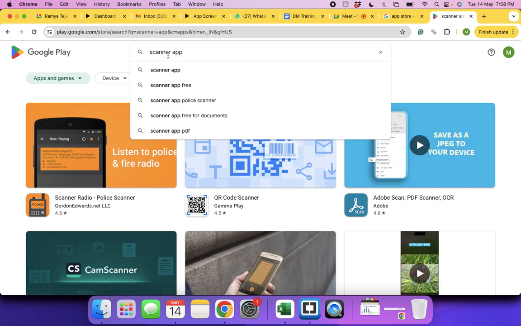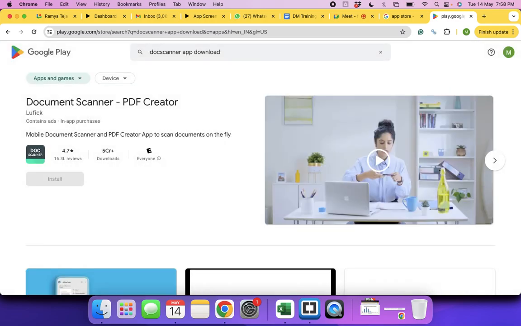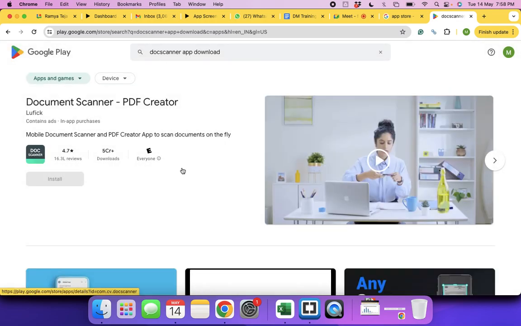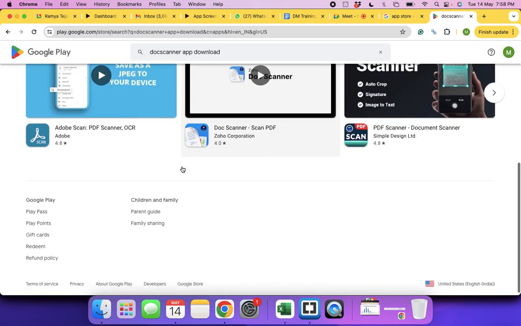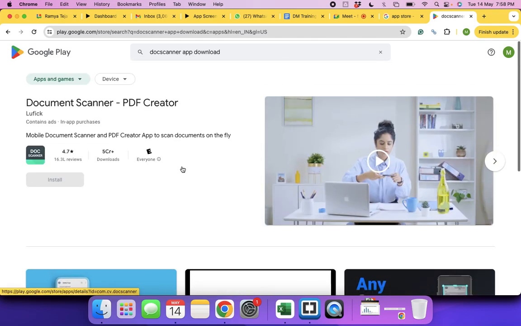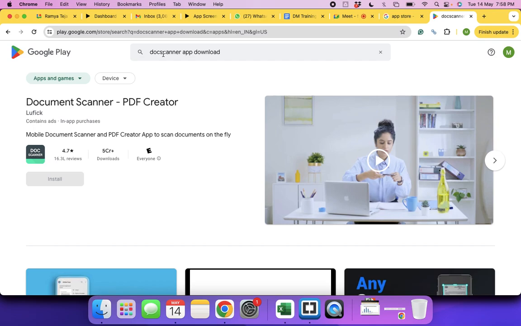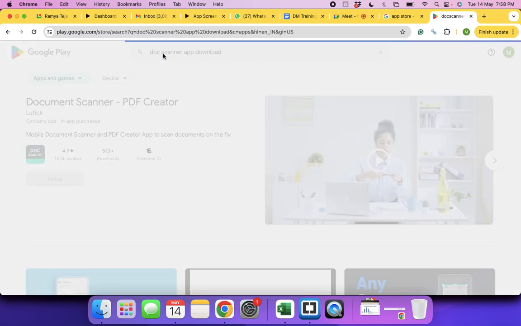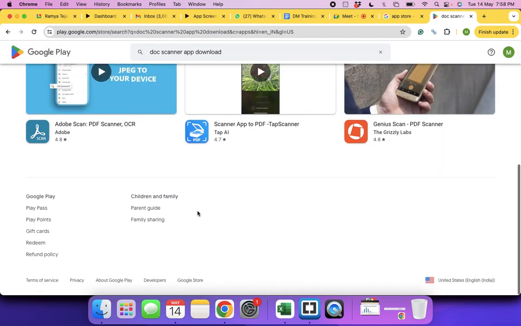Correct? Maybe searching for a text document scanner. Yeah, you see there are so many document scanning apps.